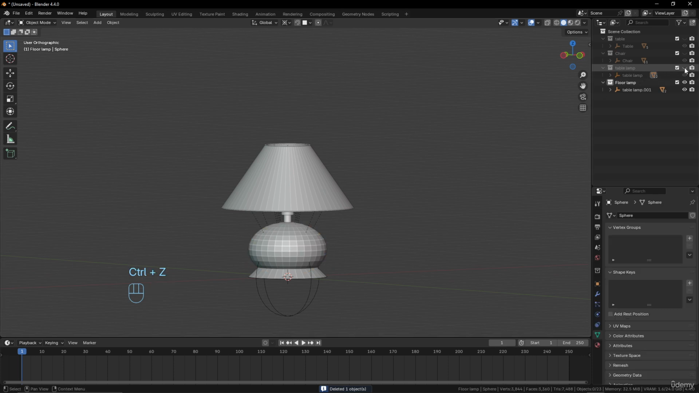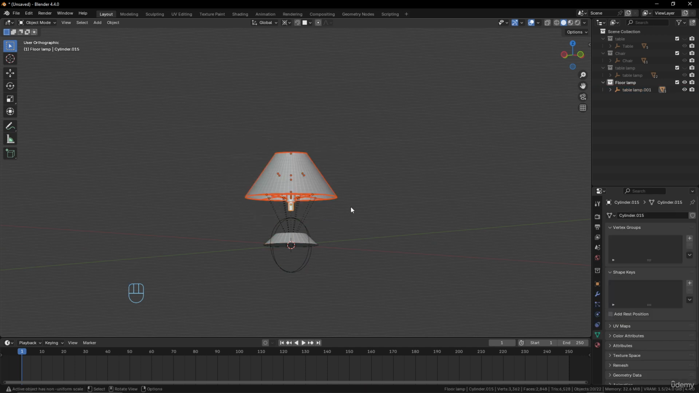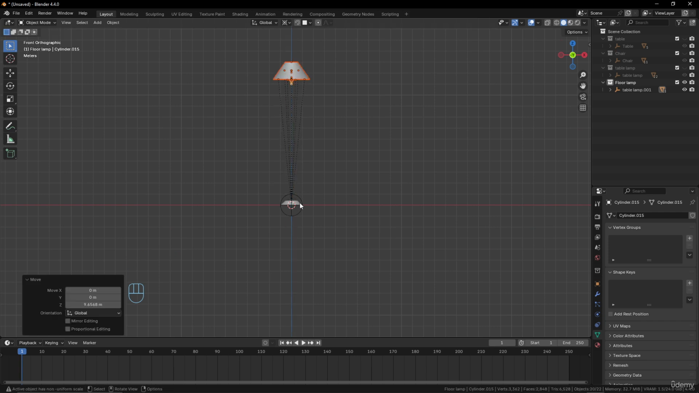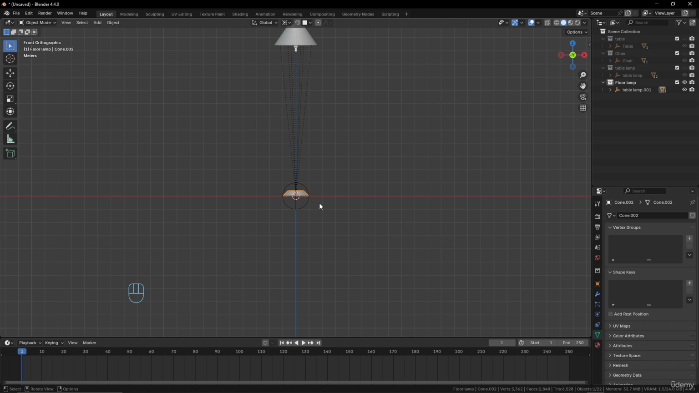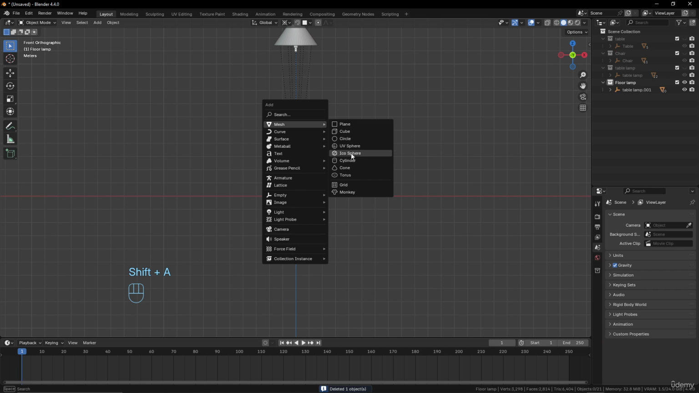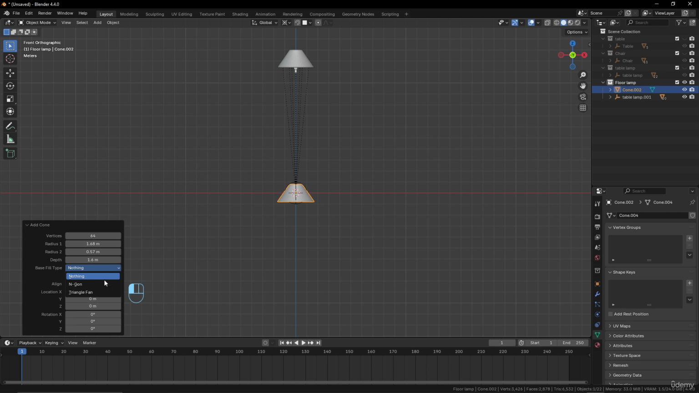Sorry, I will just disable this one. I will just remove this, maybe take all of this, and in front view, put it on top like this. This one, we can remove this, maybe, and add another mesh. Again, it will be a cone, but with the right value. So what I will do, I will put